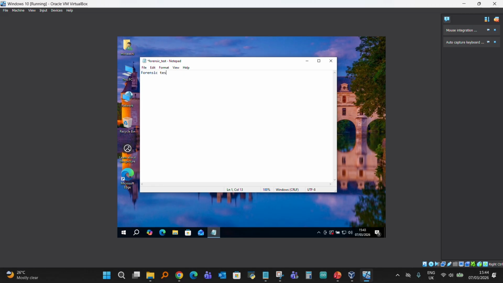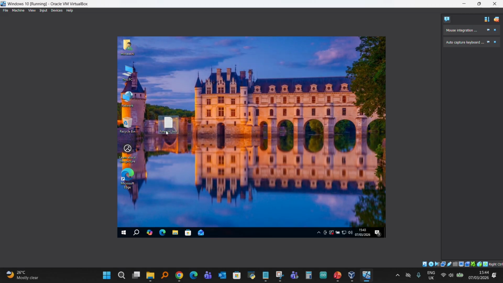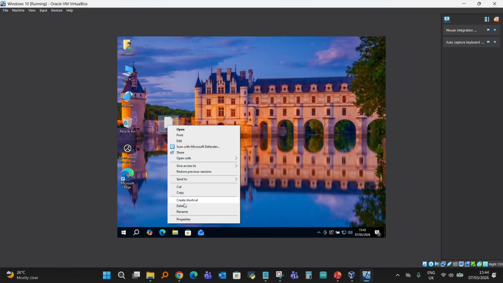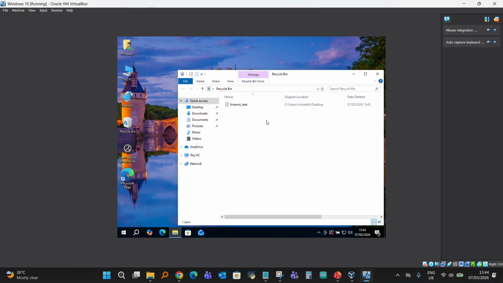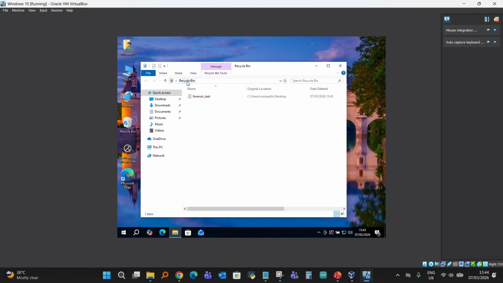forensic test file and week 7 lab. Okay, and I have to save it. So Control S, it is saved now. Now I will delete this file. So delete, and now I will open this recycle bin, double click on it, and then you can see the